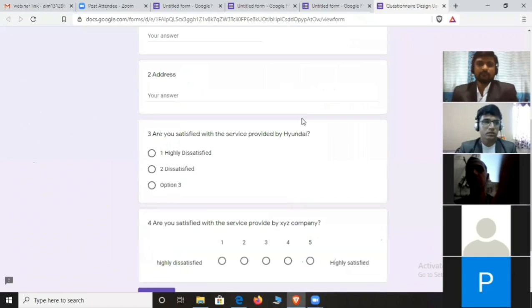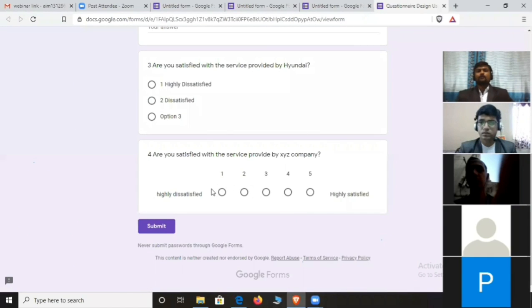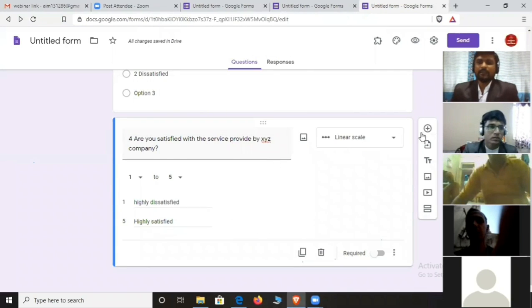Now you can see the question. See, it will look like this. Are you satisfied with the service provided by XYZ company? 1 means highly dissatisfied and 5 means highly satisfied. And the third, the middle number, indicates that you are neutral, neither satisfied nor dissatisfied. Okay, so this is the meaning of this question. Okay, then after this,